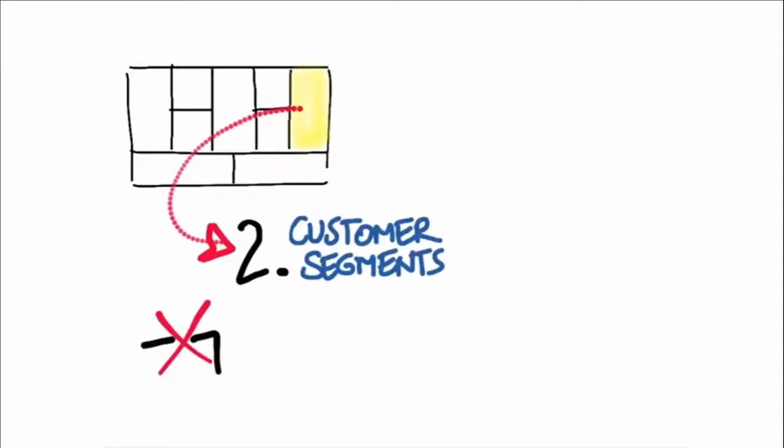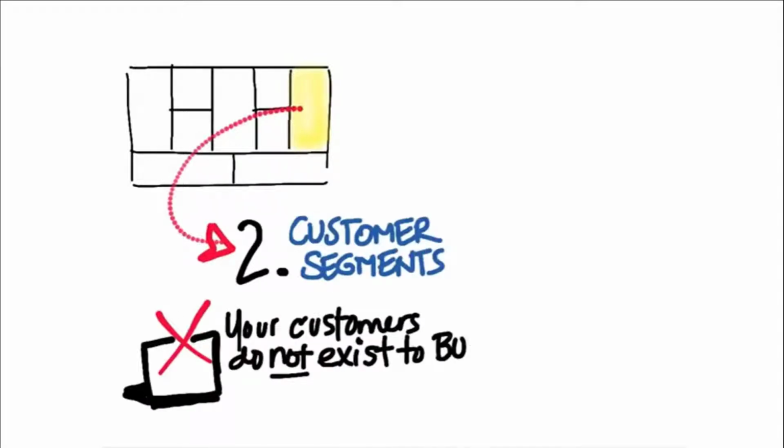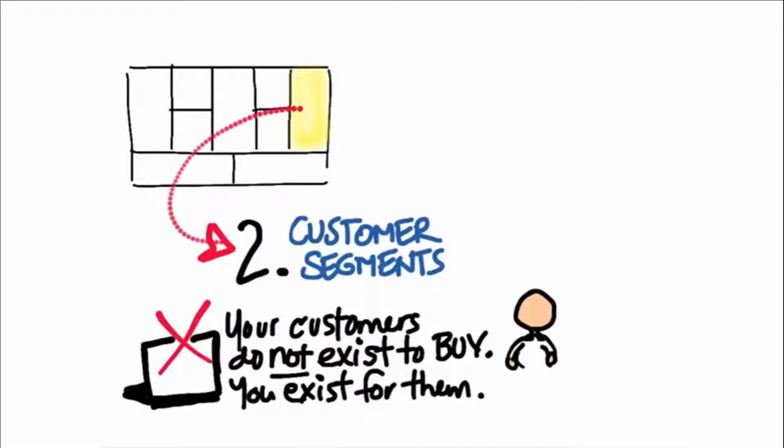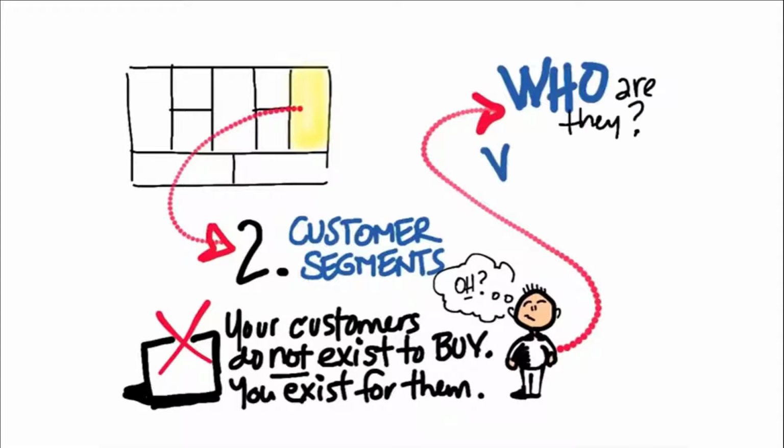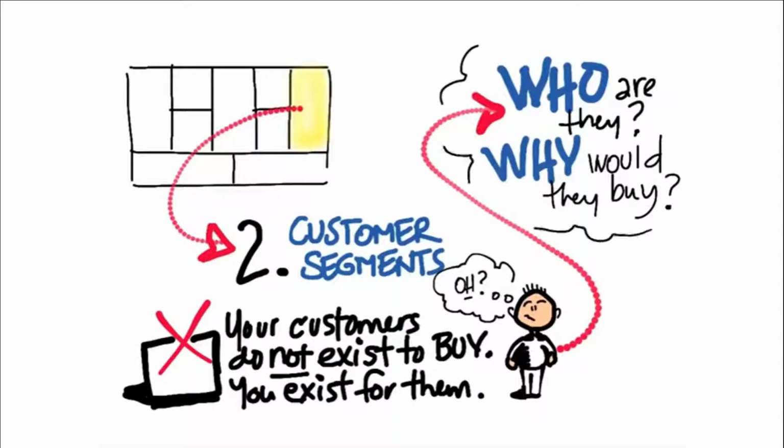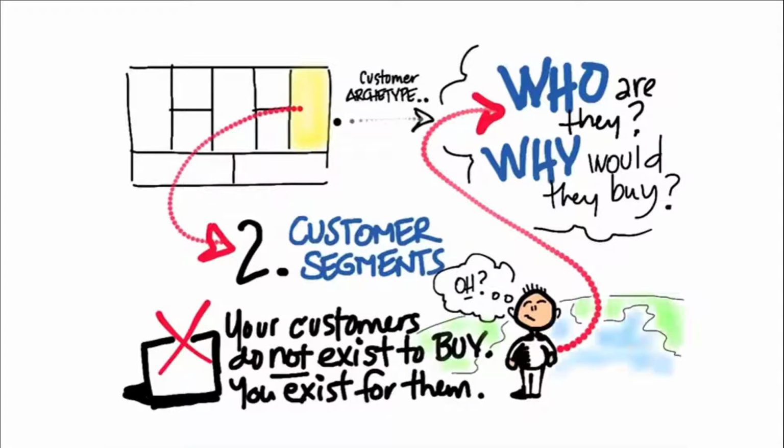Now, last time we talked about value propositions, but today we're going to focus on customer segments. One of the interesting things about customers is that customers don't exist to buy, you actually exist for them. And especially if you're a technology startup, that's really hard because you always think it's about your product. And it's hard to remember that it's actually about the people on the other side who are going to buy. And so one of the things you really need to understand is who are they and why are they going to buy from you? And one of the goals of customer segments is trying to understand the archetype or the persona or maybe just the details of who these people are in specific detail.